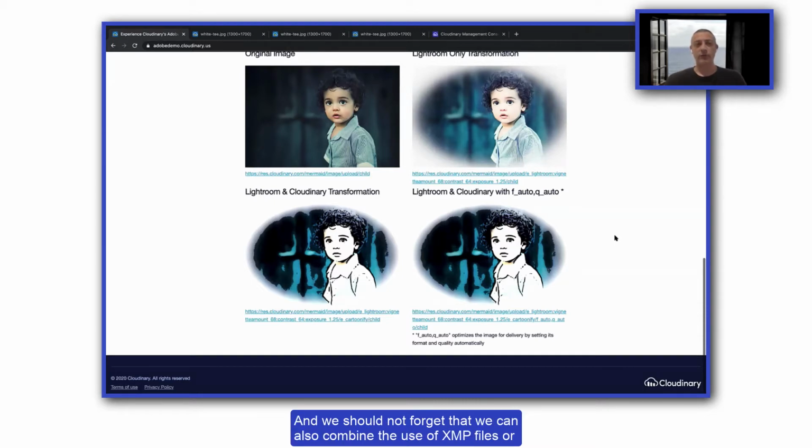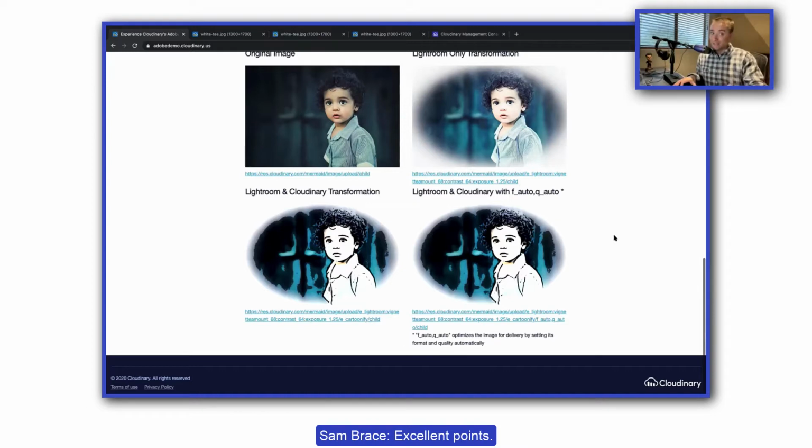And we should not forget that we can also combine the use of XMP files or presets coming from Lightroom. So in case someone wants to use a preset that was already created or widely used by him or her in the past, it's also possible to combine it with the Cloudinary transformations that were just mentioned. Excellent points.